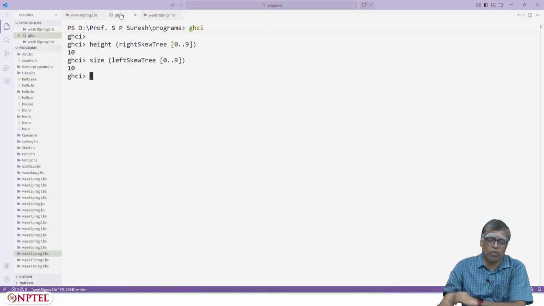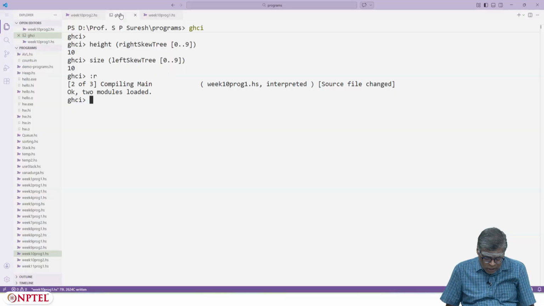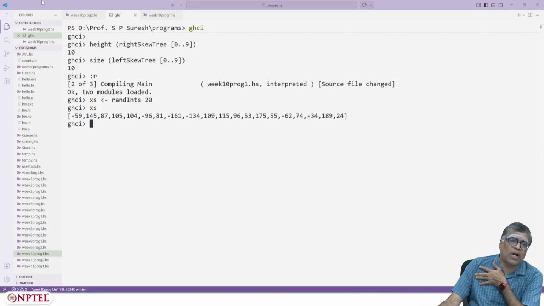So, I'll go to GHCi and I'll reload this thing. Now, I can ask for xs is some randoms of size 20, let us say. Yeah, so that's a random list of integers.